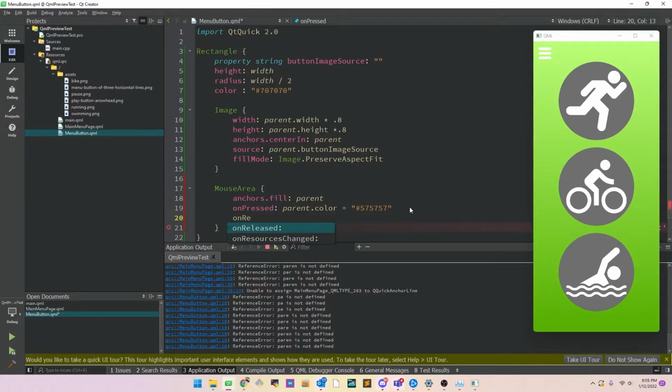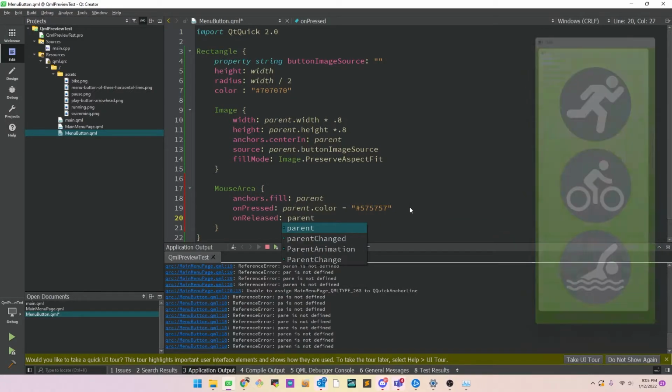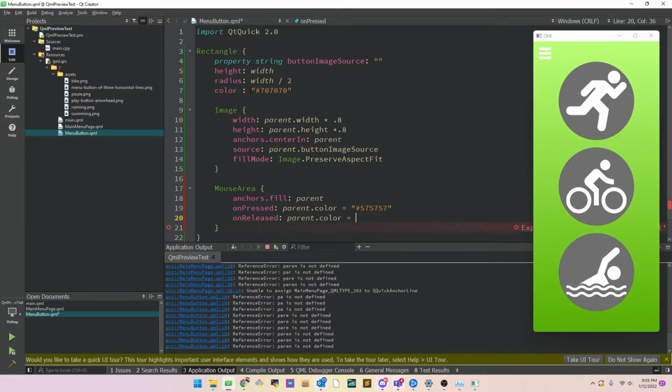And then on released, parent.color will equal this original color. So now let's try this out. All right, so now we can see that we've made these changes and our live preview has picked it up so that when we're clicking on the image, we can see that it darkens up, indicating that a user has pressed it. Now let's also add a signal